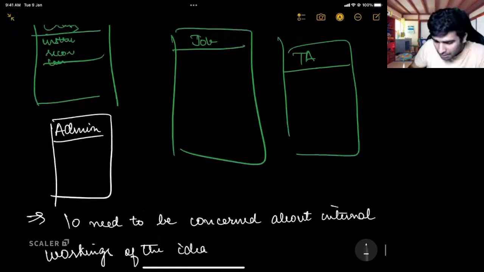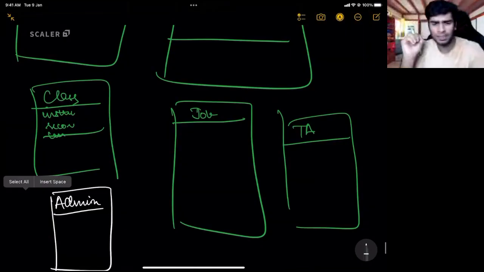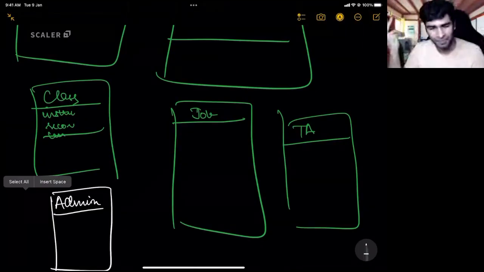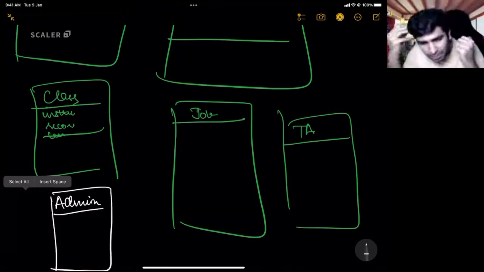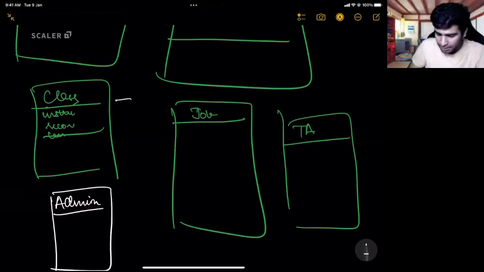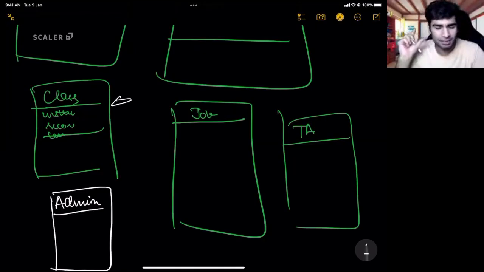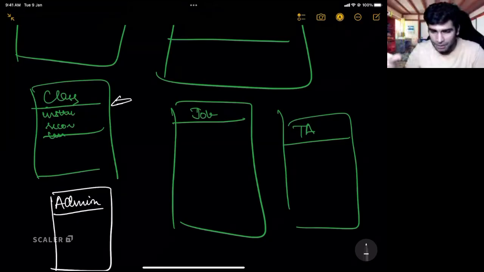Will they be concerned about the real code of creating a class? Not really. They will just call the new class method. That's it. Now the person who is implementing the new class will be concerned about it, but the admin, who is just caring about that functionality, doesn't need to worry about how that work is done. Is that making sense?